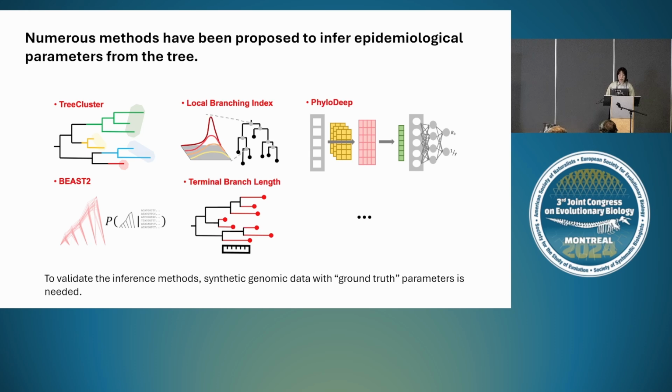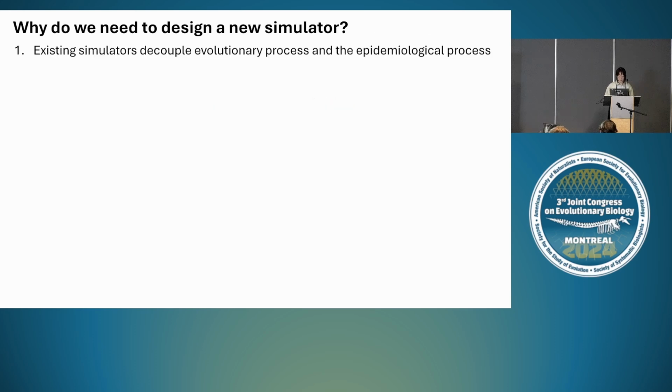And also, these ground truth parameters and simulated genomic sequences are very important for machine learning methods, for example, Phylodeeps, to train a model. There are actually a lot of existing genomic epidemiological simulators, but why did we want to design a new one? There are three main aspects I'm going to introduce that our simulator has, but some other